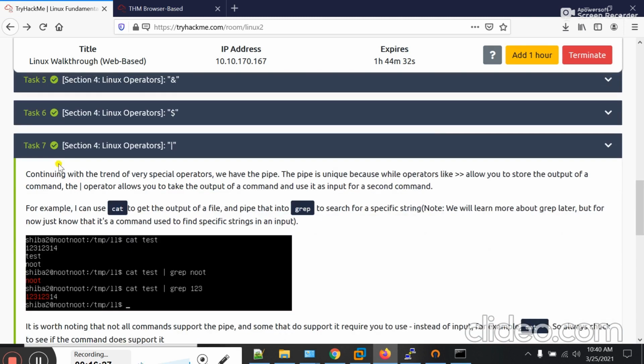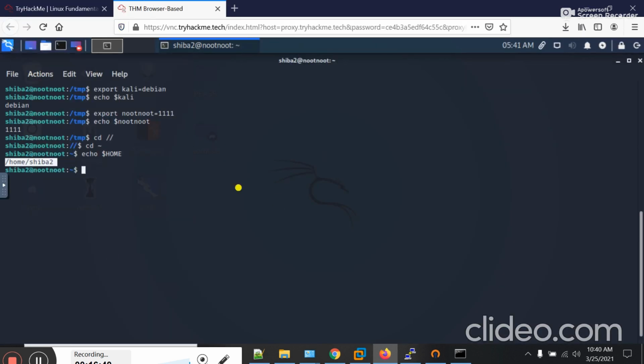Students, in this task we are going to learn about pipe operator. Basically pipe operator will be used to execute two commands at the same time, something like that.